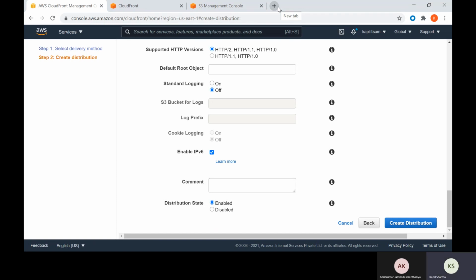I mean, whatever your backend is, for example, if your backend is an S3 bucket, your data will be fetched from the S3 bucket to all the distribution's global edge locations, and your data will be served from the edge locations. And if you have backend services as EC2, then your data will be fetched from EC2, and it will be distributed to all the edge locations, and your data will be served from the edge locations.